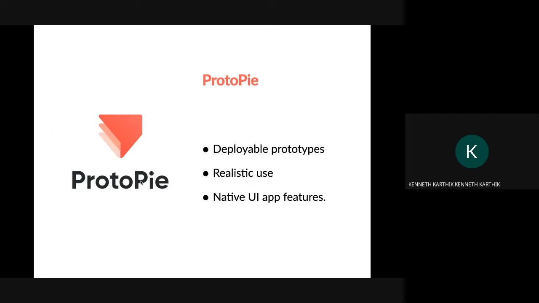And then there's Protopie. So Protopie is one of the best prototyping tools. Wireframing is the first step where you build the actual individual screens, and then once you connect them, the lines you saw in my project will be connecting each of those screens and enabling functionality, and that is a working prototype. Protopie is one of those prototyping tools which makes it closer to an actual application. So it will be more than what you saw right now. It will be very realistic. It puts a mini app, like an actual app with code, on your device, and then you can test it out natively. So that's one benefit of that.